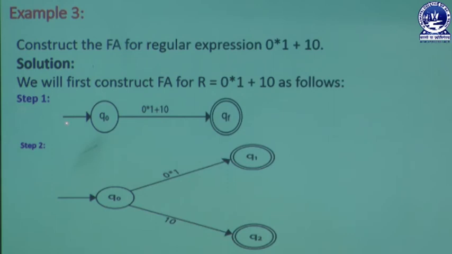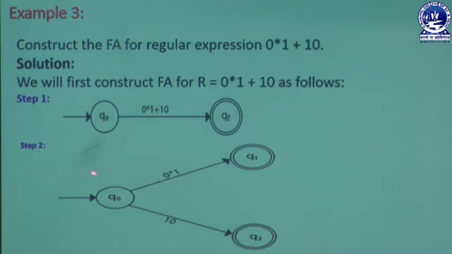So in step 1 we are creating this diagram here, Q0 and Qf, where Q0 is the initial state and Qf is the final state, shown by a double circle. In this conversion we are getting the regular expression 0 star 1 plus 1 0, and it is one type of expression, a regular expression, that we are normally taking here. This regular expression needs to be expanded according to user requirement.